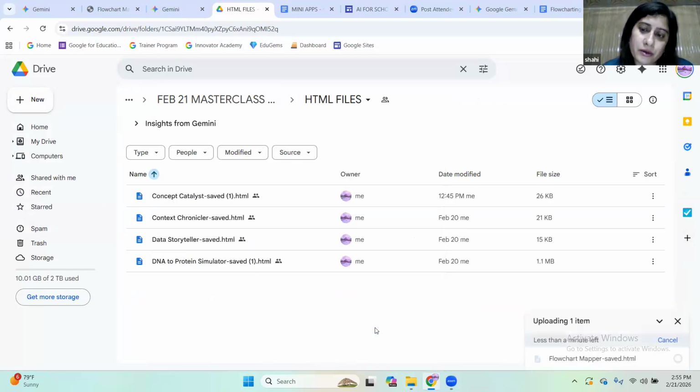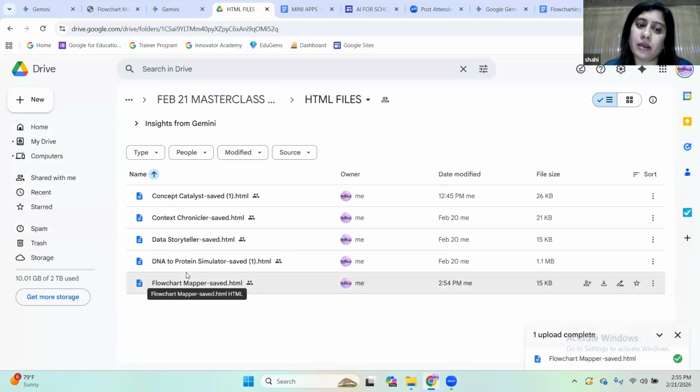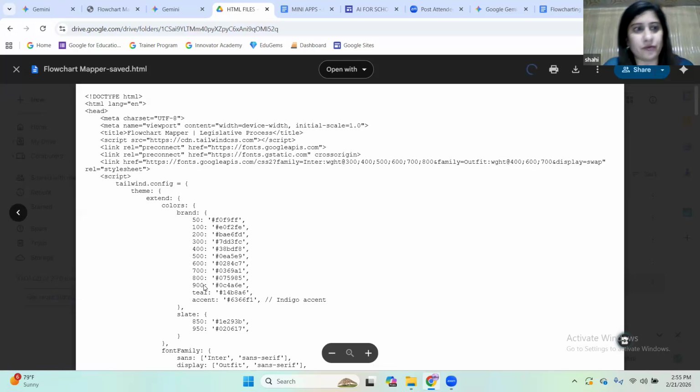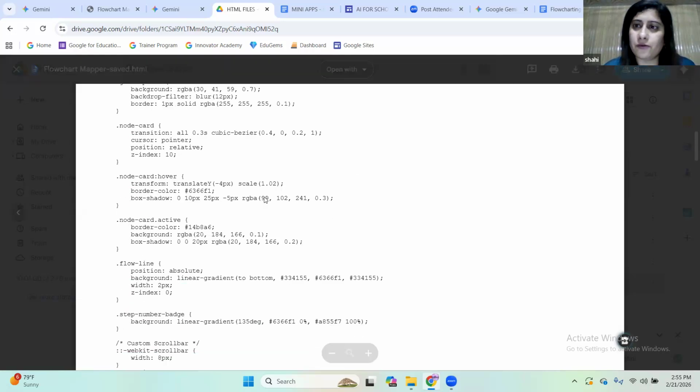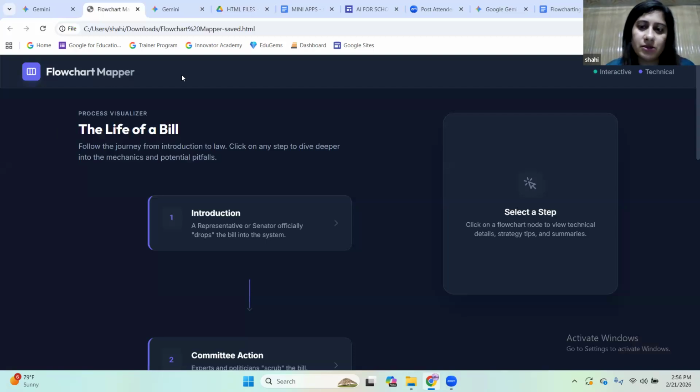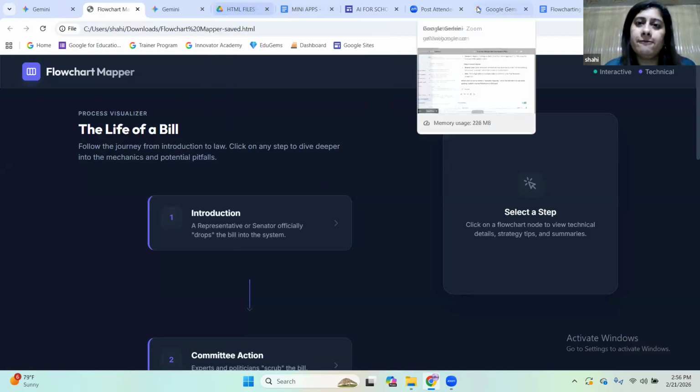And what will happen is that when I upload this file in my Google Drive, it is going to create the complete code of the file. Can you see the code? Yes. So now I have got the code of this HTML file. Which HTML file? This one. You see this flow chart which I have created from my app.